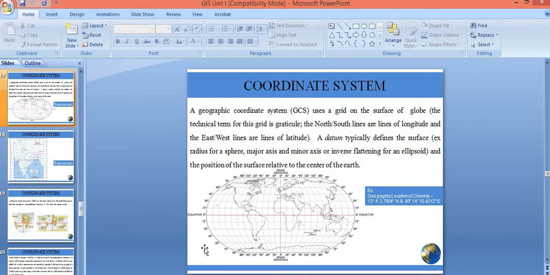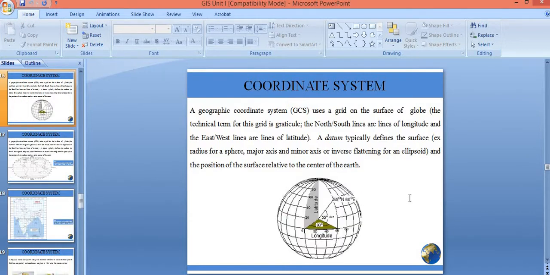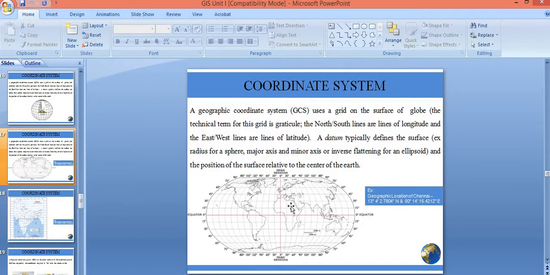Horizontally will be just splitting into two halves. Okay, so this is the equator. And what about the prime meridian? The prime meridian will be splitting our earth into two halves vertically. So this is the prime meridian and this is the equator. The reason why we discussed the prime meridian and equator is